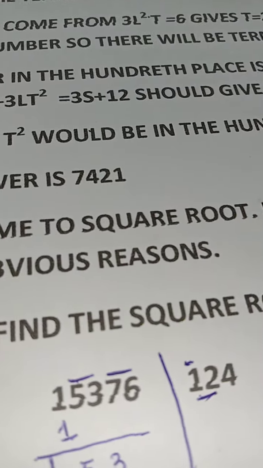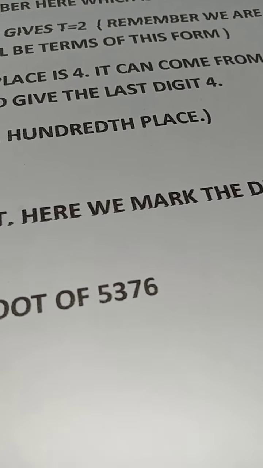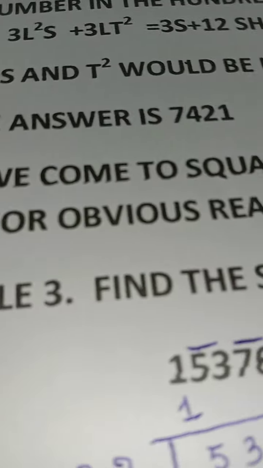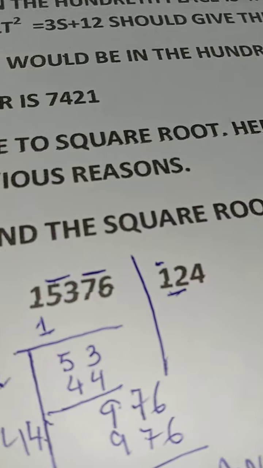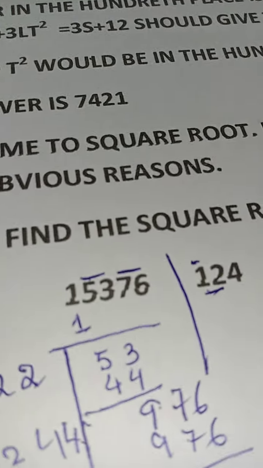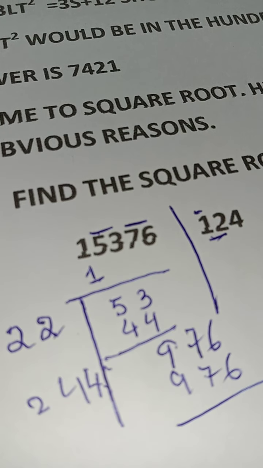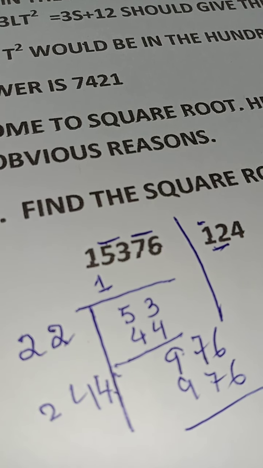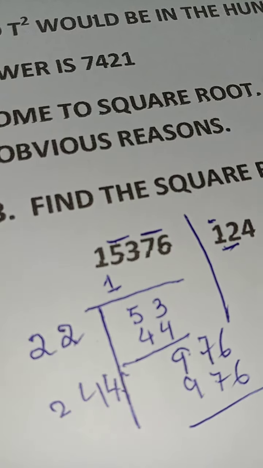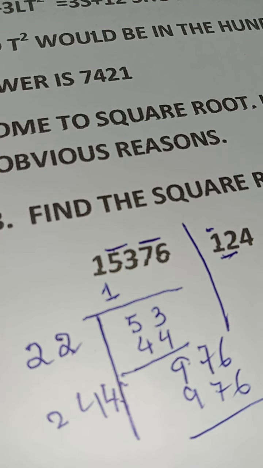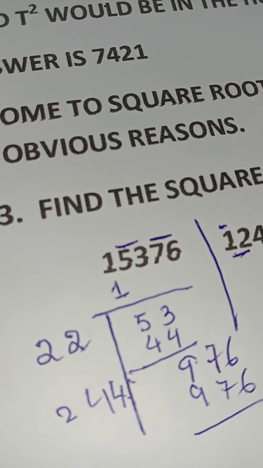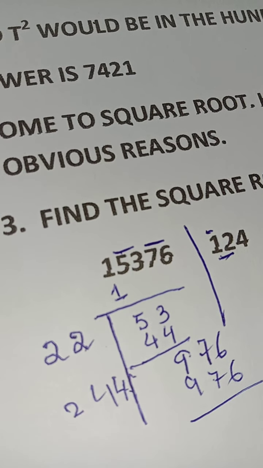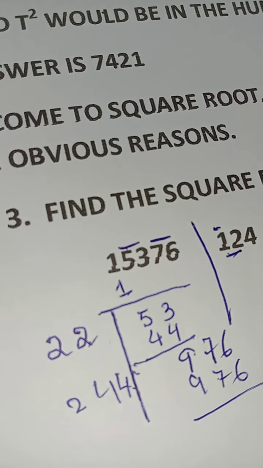Now we come to the square root, where we mark the digits pairwise for obvious reasons. Example 3. Find the square root of 15376. Pair it from the right-hand side: 1, 53, 76. 1 is a lonely number. So we must find a number whose square is 1 or near to 1. That is 1 itself. So next 1 into 1, no remainder. So 53 comes straight down. We have to put 2 numbers together. Then it is important to know, since this is 1, we double it to 2. This is the rule for the square root.